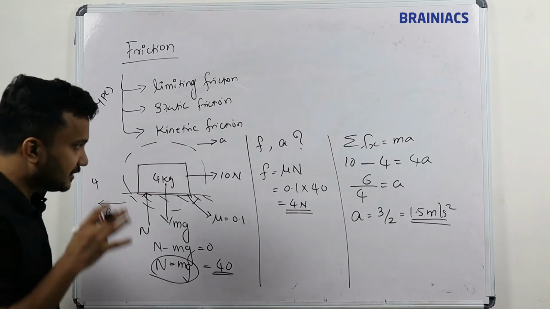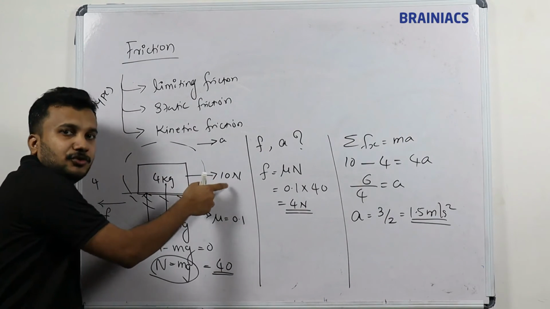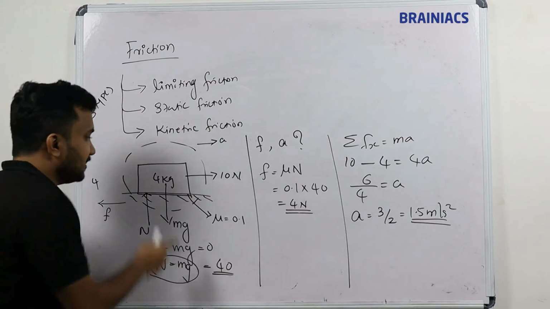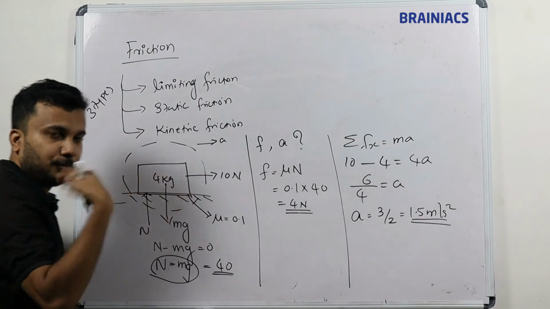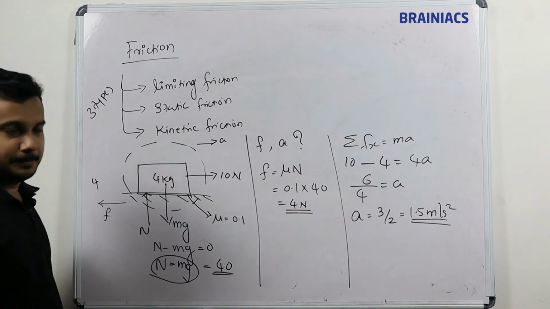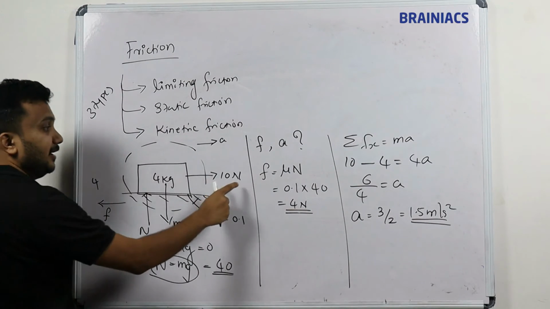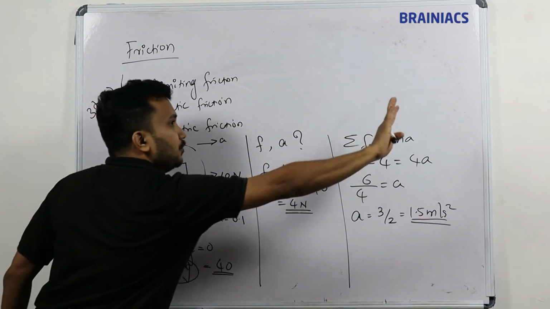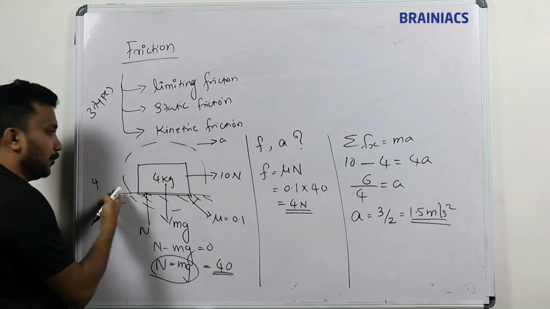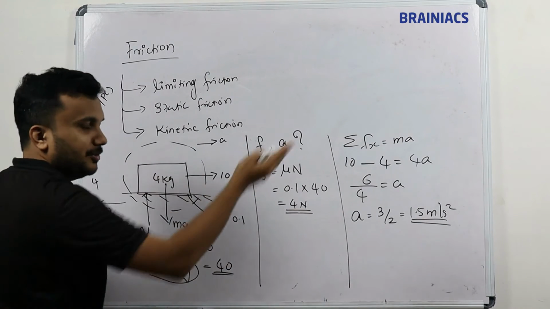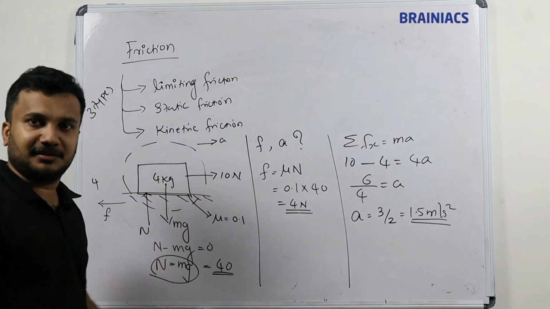Okay, so this is my first example. I understand that I am pulling a force of 10 Newton, but the surface in contact with the block can give only an opposite force of 4 Newton. Which is higher, 10 Newton or 4 Newton? 10 Newton is higher, which means the block will move towards that side because this force is not sufficient. Poor man, only 4 Newton. Here it is 10 Newton, so the block will move in that direction. But this is a very normal case.